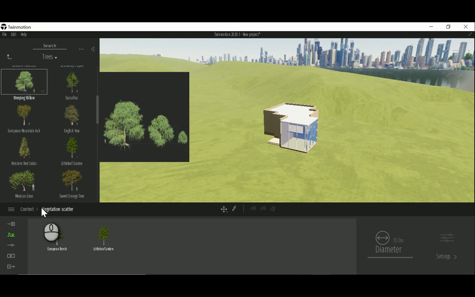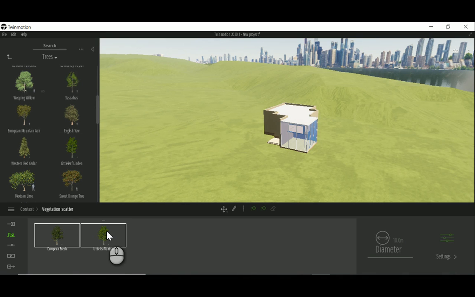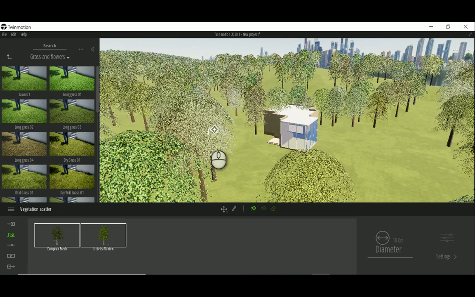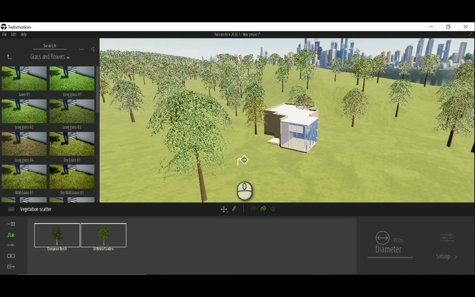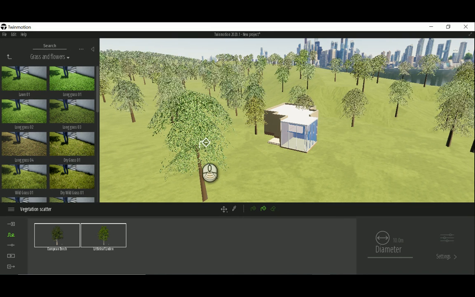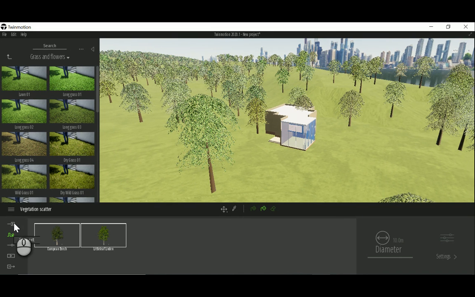So you can bring a number of trees, select them, and we have an option here for scatter add. So I can click on it, and if I only click here once, it's going to add a lot of trees to the whole landscape here, right? And if I keep clicking, it's going to be more and more, but the file is going to be too heavy, so I'm just going to reduce that a little bit. And now I can take care